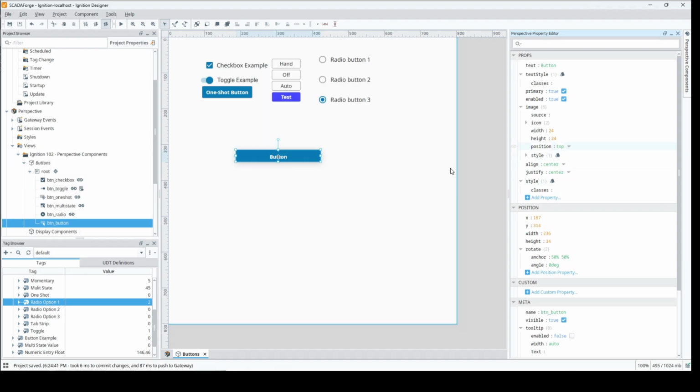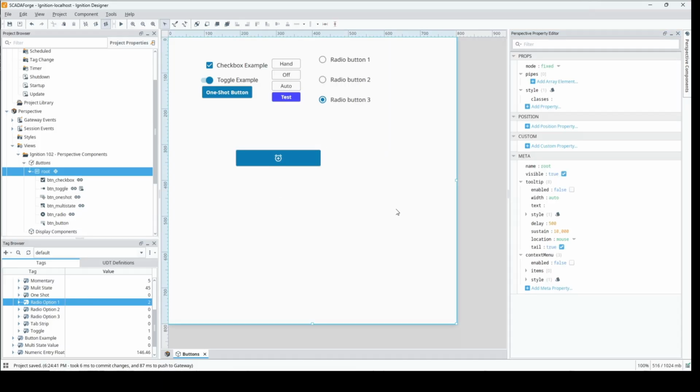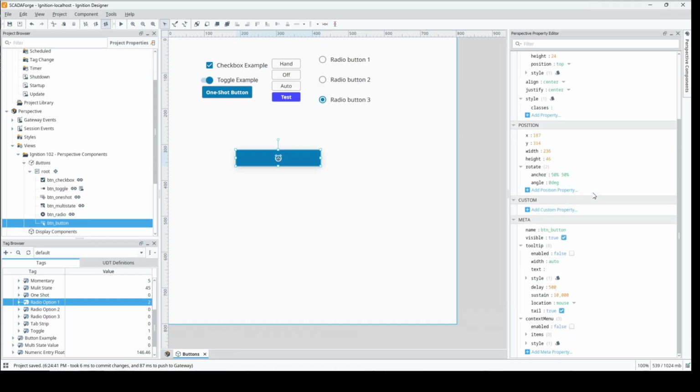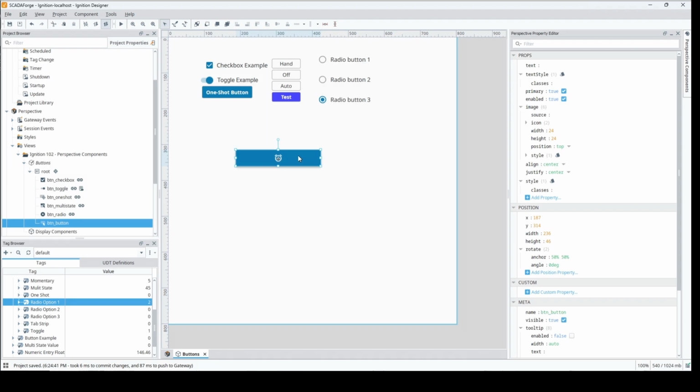Put it on top, which we have to resize to see. And if we want to just have an icon, we can clear out our text field entirely and just leave the icon. And that's what the button with an icon looks like. Now, similar to the Vision option, this button doesn't really have any sort of value or anything that we can bind to it directly. So in this case,